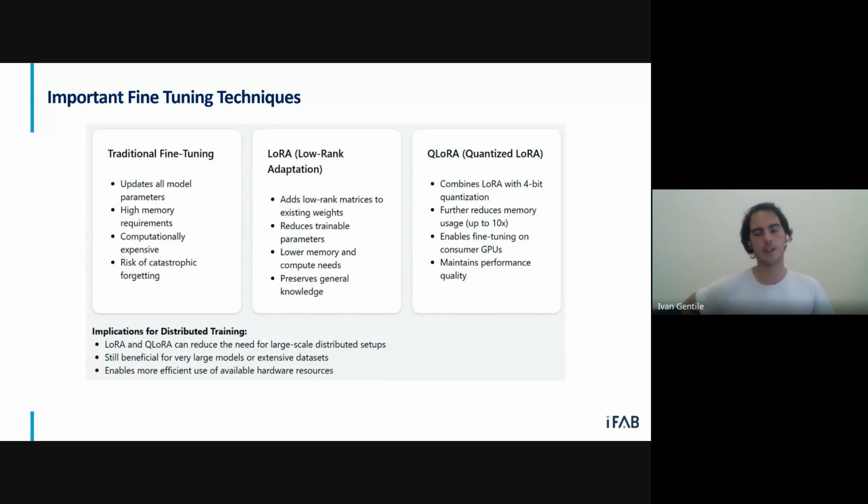In case you have a model that has 175 billion parameters or more, traditional fine-tuning has a high memory requirement, it is computationally expensive, and you also have the risk of catastrophic forgetting, which is the event where you improve slightly the benchmark on your specific task, so the data you pass for fine-tuning, but you lose points on all other tasks on the benchmark.